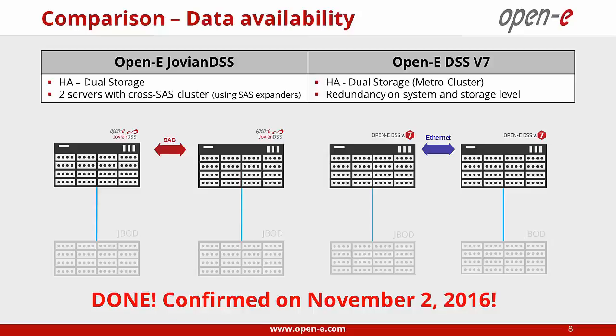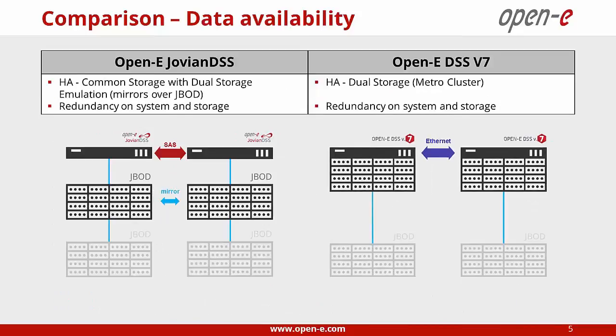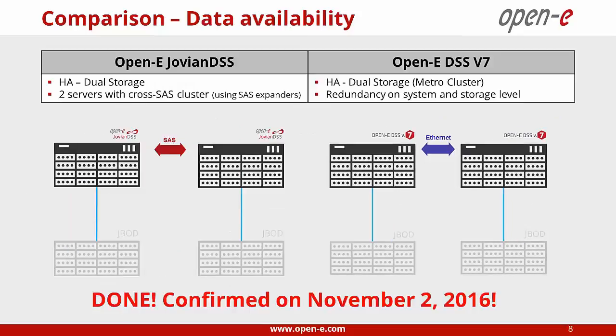Okay, the next option is a bit different. Now the disks are in the host, in the node, not like on the first one, or here where we have a node and an external JBOD. Here on our slide number 8, the server has disks inside. In order to make it possible that the disks can be found by both servers, we need SAS expanders.